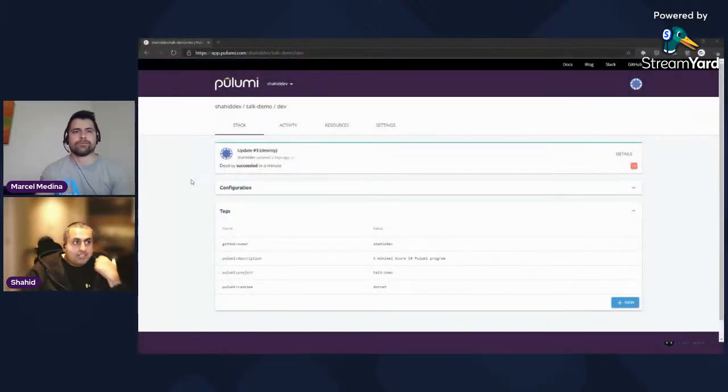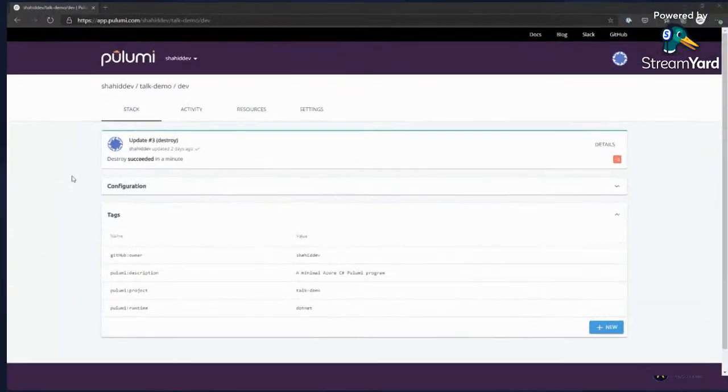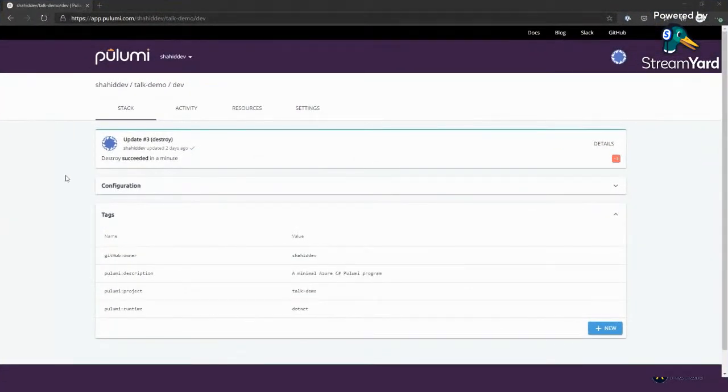Finally, we can talk about the Pulumi console. Each of those pulumi up and pulumi destroy commands gave me a URL. That URL pointed to the Pulumi console. This is the only bit of the Pulumi platform, if you like, that is not free and open source. But you can use Pulumi entirely without using this console and without paying Pulumi a single cent.